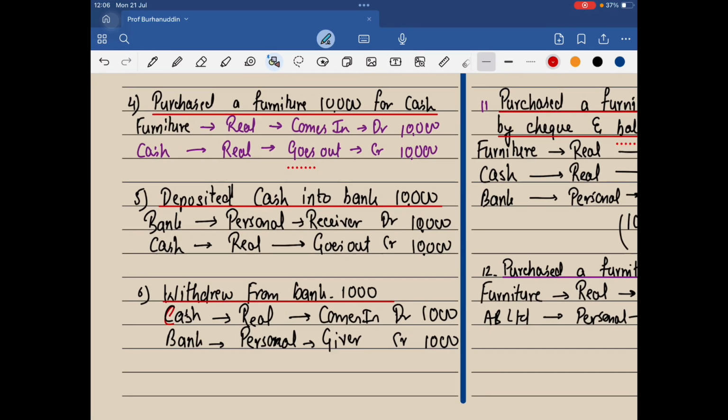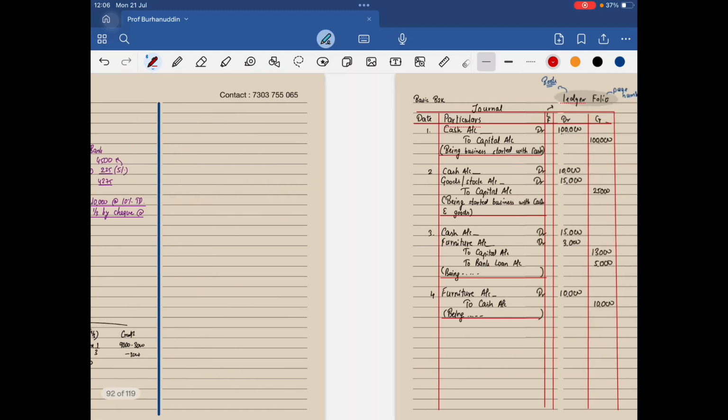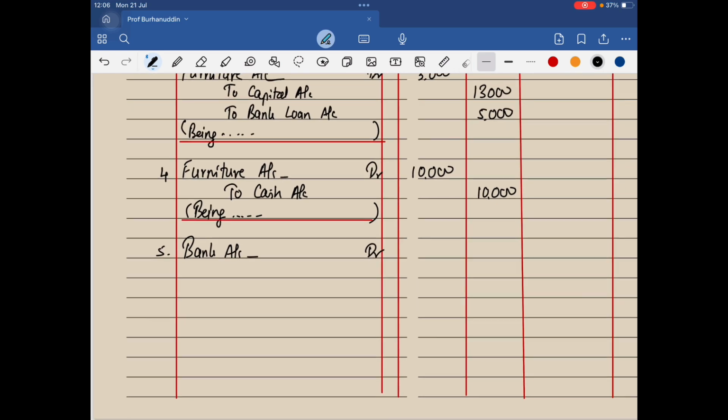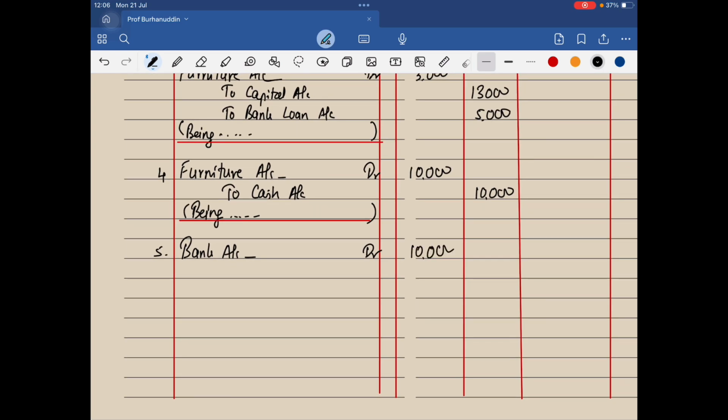Next one, fifth one, deposited cash into bank. The other two transactions are what? Bank debit, cash credit. 10,000. So here again, we do not have the date, so we'll write the serial number, that is 5. So bank account debit, amount is 10,000, Prakash, and